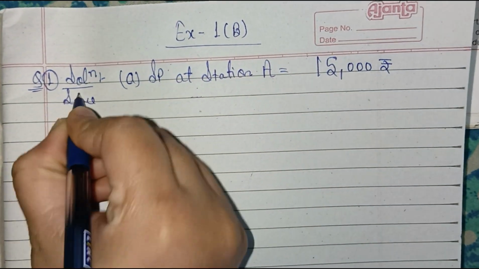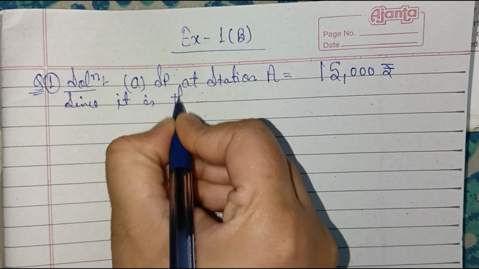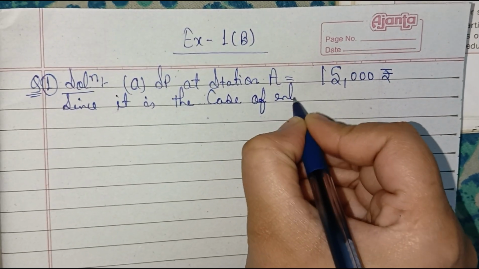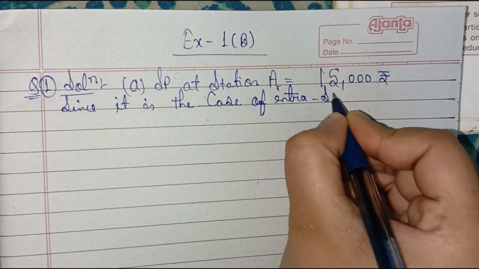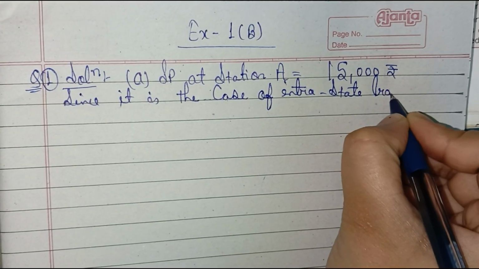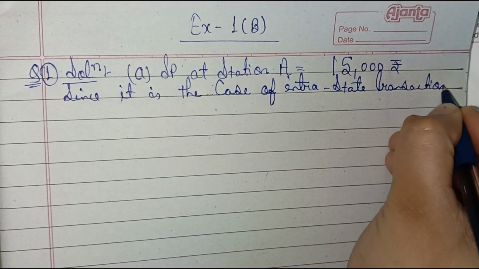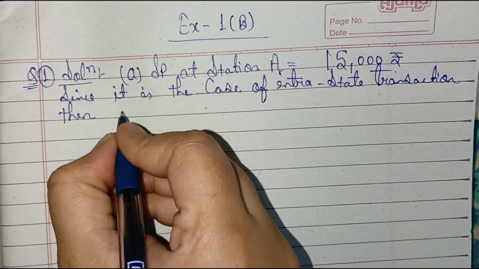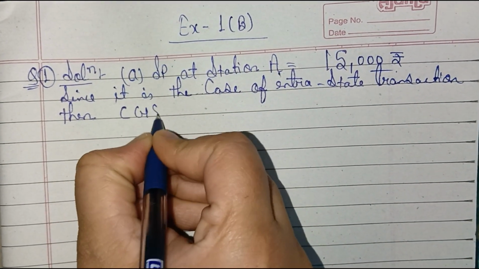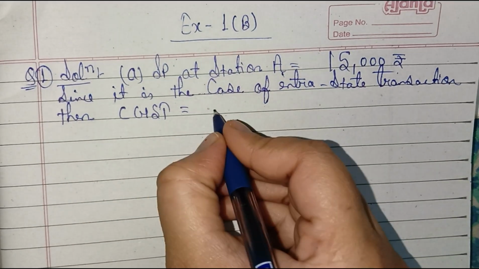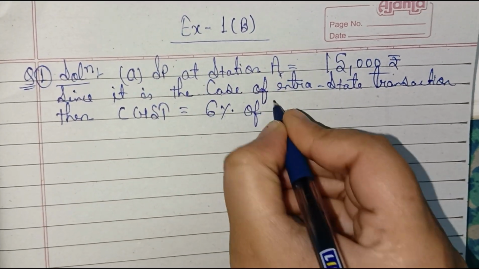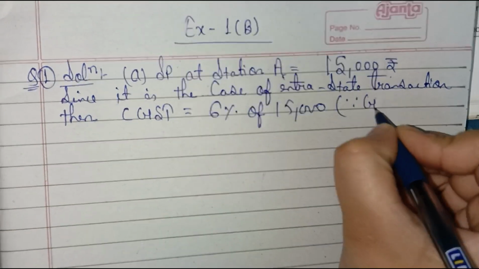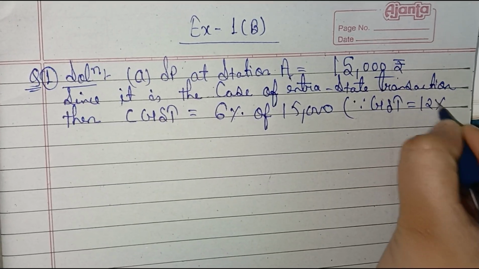Since it is the case of an intra-state transaction, then CGST equal to 6% of 15,000, since GST equal to 12%,